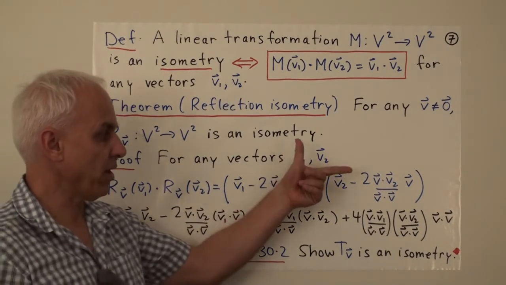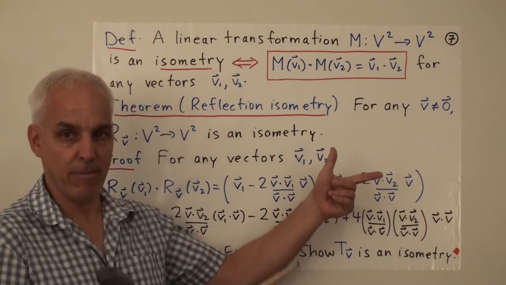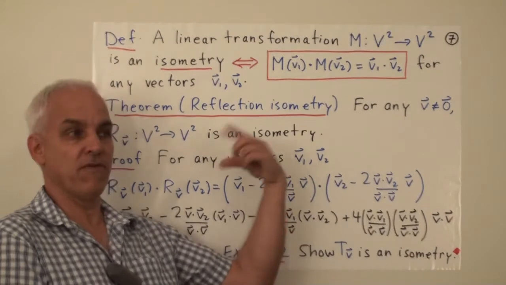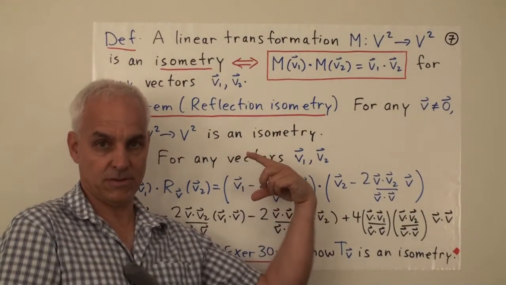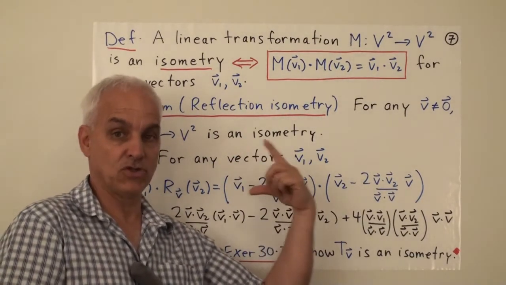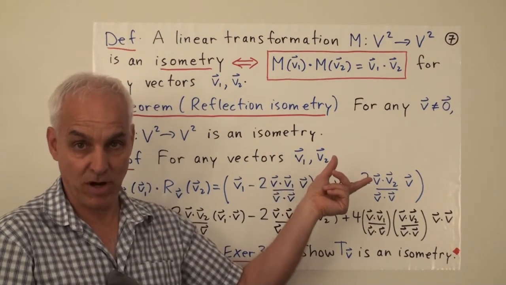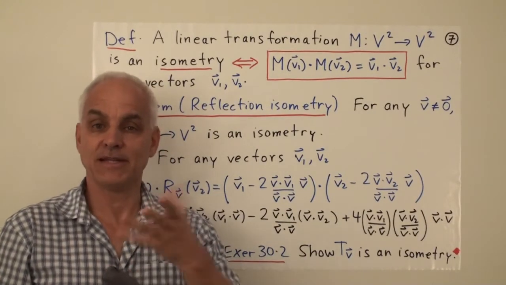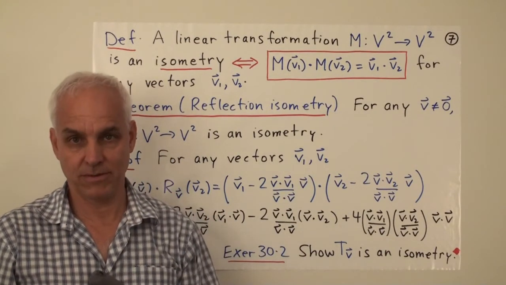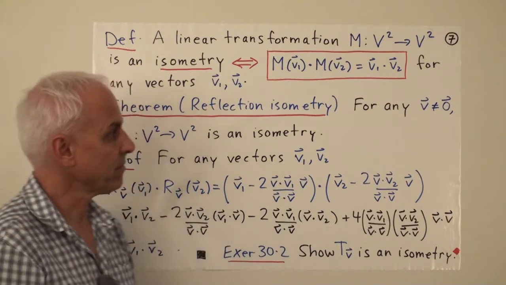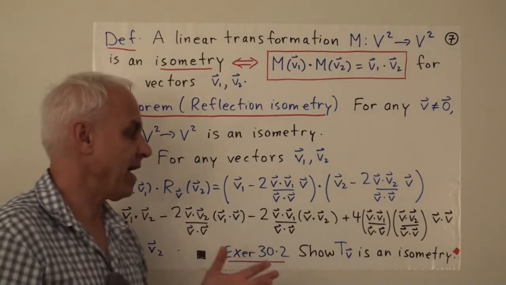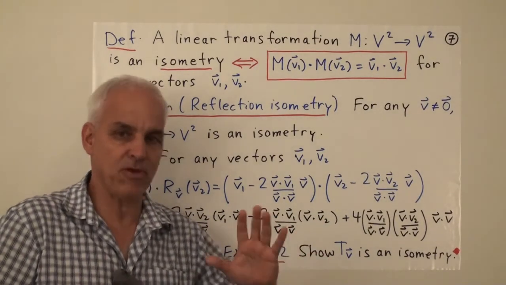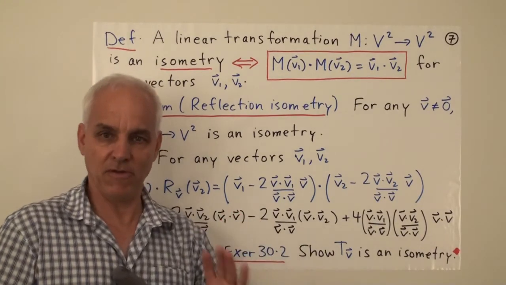So you have any 2 vectors v1 and v2 and you compute the dot product, you get a number. And then you apply this linear transformation M, which can move the vectors around to give you 2 new vectors. If the dot product of those 2 new vectors is the same as the original dot product for any v1 and v2, then this linear transformation is called an isometry. What it's saying is it doesn't change the geometry. These are very important transformations. They keep the geometry the same as it was before.